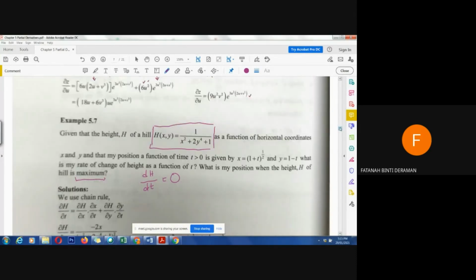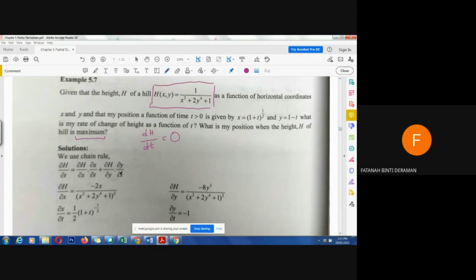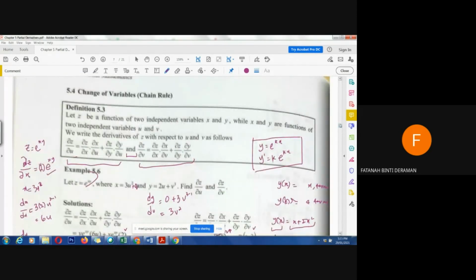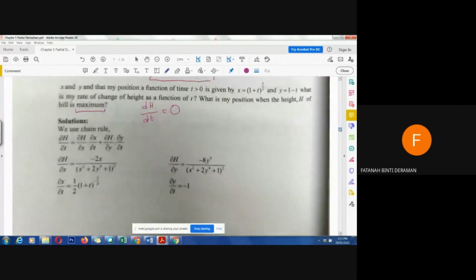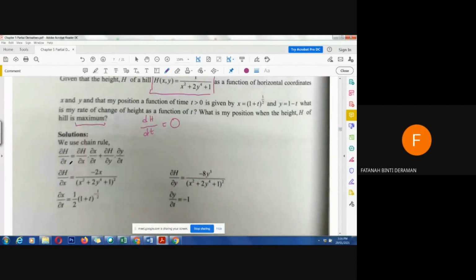That is the most important part to solve this problem. And then the second one is this formula. This formula is arranged from the chain rule. So what we'll have is dH/dt. How to get dH/dt? In H we have x and y. First, we need to differentiate H with respect to x, and then we need to differentiate H with respect to y. So we find each of these functions. How do we differentiate this? dH/dx, dH/dx.